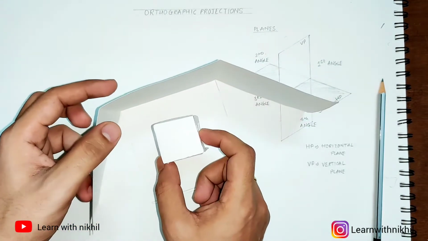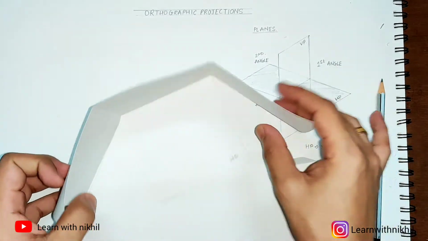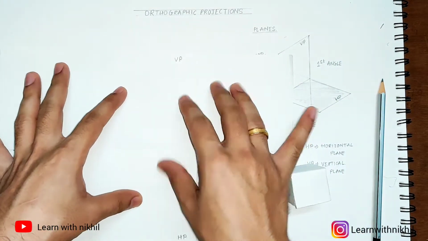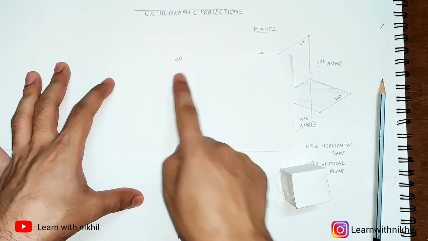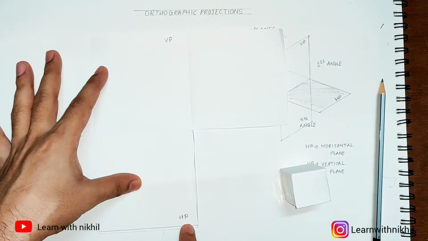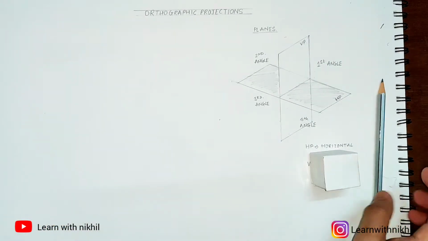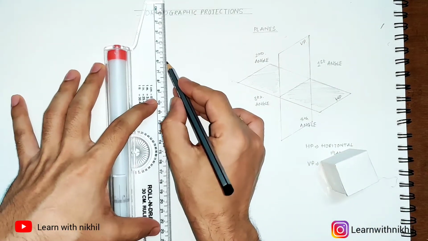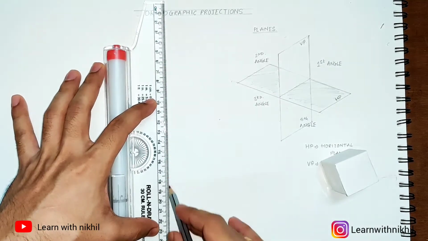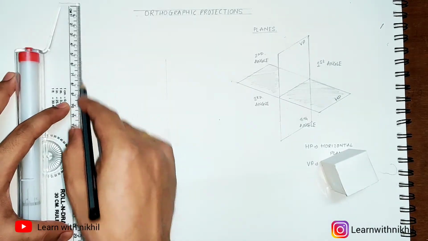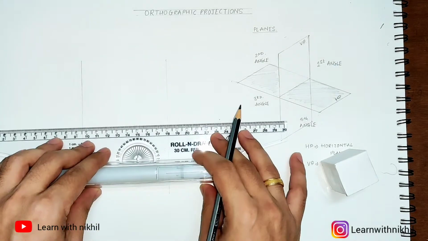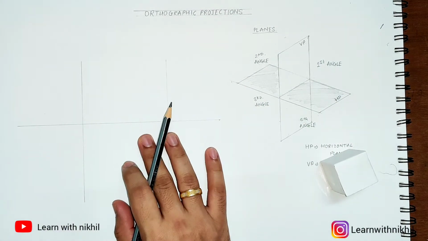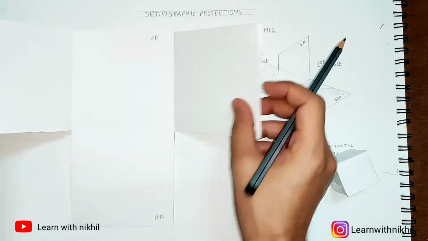Now this is a three-dimensional view. In orthographic projection, you have to draw the two-dimensional view, so converting three-dimensional into two-dimensional. So I have opened up. The vertical plane will be on the upper side and the horizontal plane will come on the bottom side. This is for the first angle method. So we will draw the planes. In orthographic projections, you have to convert the three-dimensional figures into two-dimensional views. So here I have drawn the quadrant in two-dimensional form.